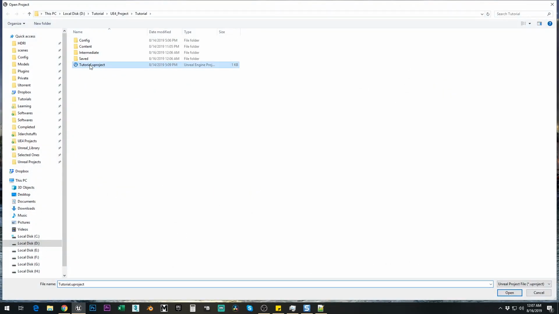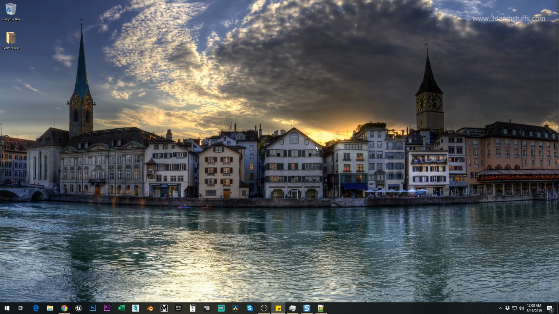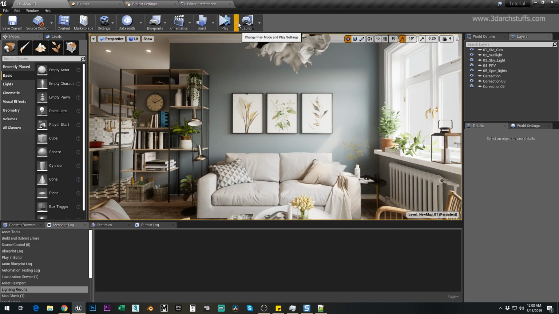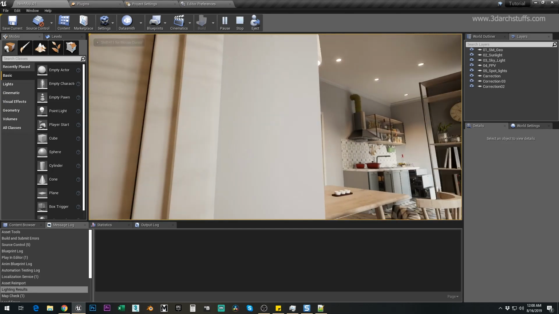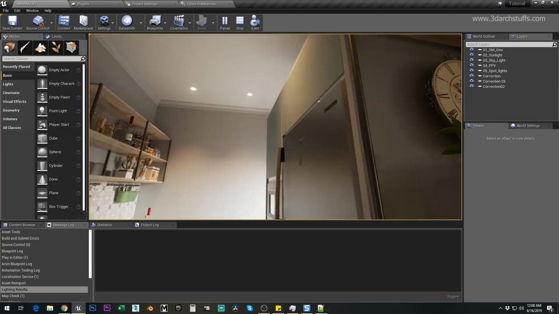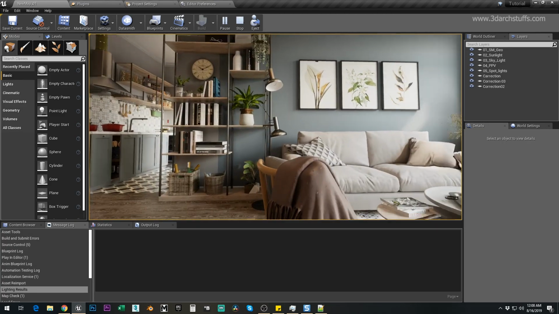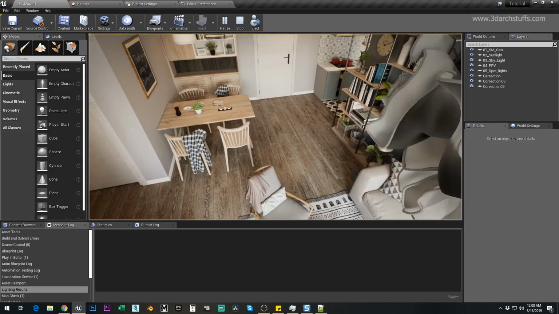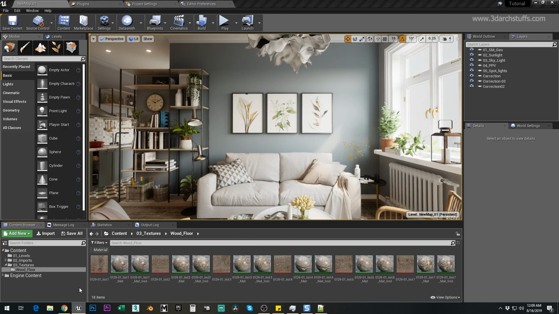So I will open the file again, and since the file is open, if I go ahead and play selected view, then I have this fly through in the scene, but I want to walk inside in third person view. So to do that, I will go ahead and open a new Unreal Engine file,